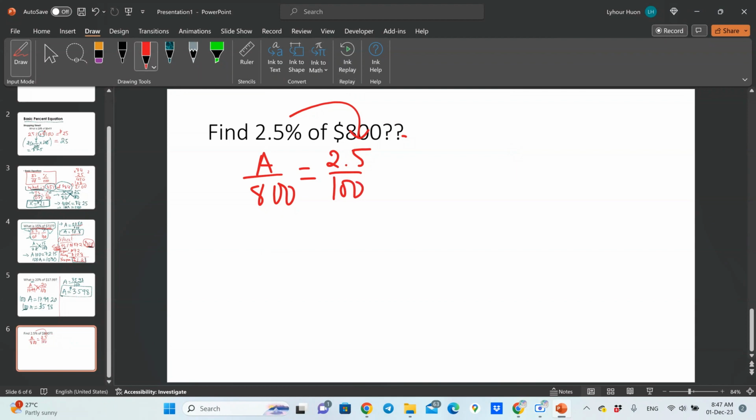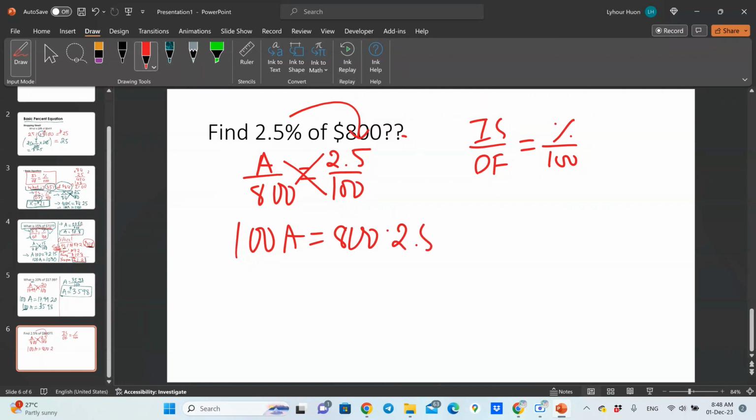Do you get the concept? So is over of, which is percent over 100. It's already divided by 100, so this is just 2.5, no longer percent. Okay, now to solve for A, let's do the cross multiplication here and here. So 100A equals 800 times 2.5, which is,